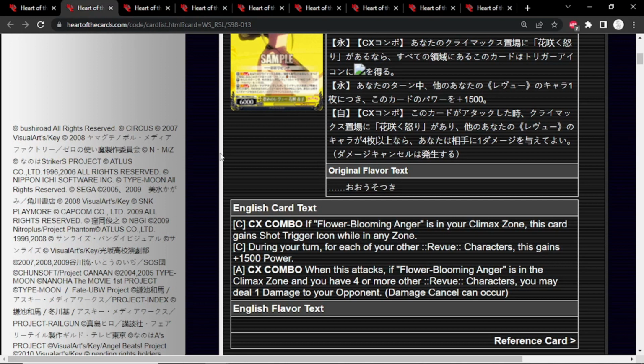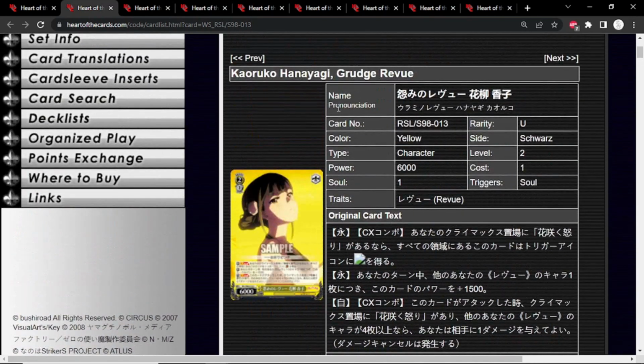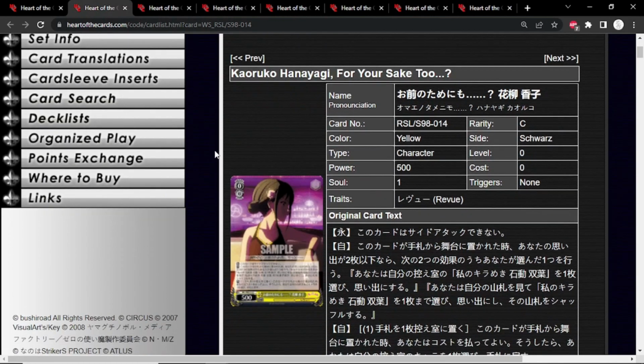So this is kind of interesting in the fact that, with the shot trigger, she's going to be sitting at 13k before anything else. It's only during your turn. On your opponent's turn, this is shite-tastic in terms of defense. She's only going to be 6k. But if you really need to get over something and then push for little increments of damage, because it's going to be burn 1, poke 2, burn 1, poke 2 if you have multiples of these. I could do something with this. I think it's funny, but there's also only the 1 shot trigger. So it just kind of depends on what else you pair it with. I don't know. Kaoruko, for your sake 2...